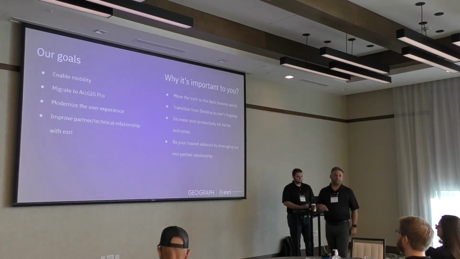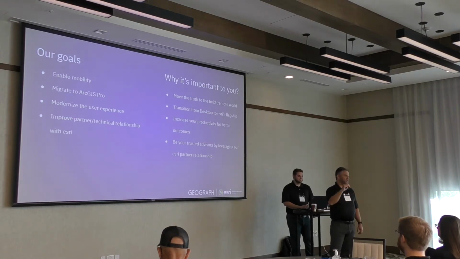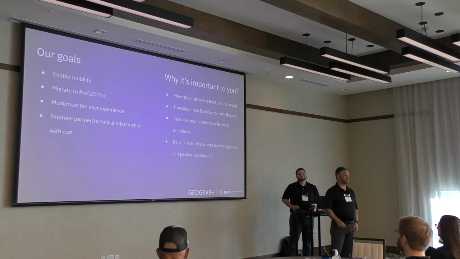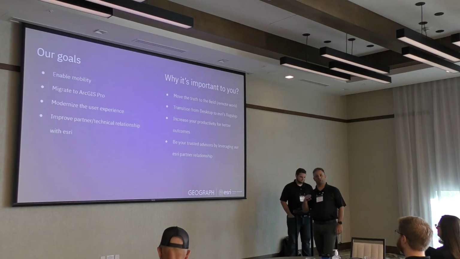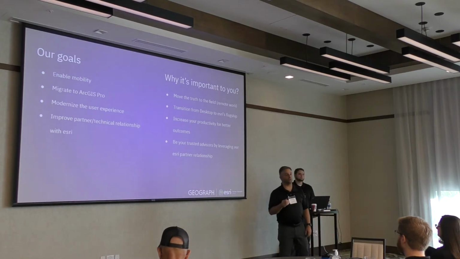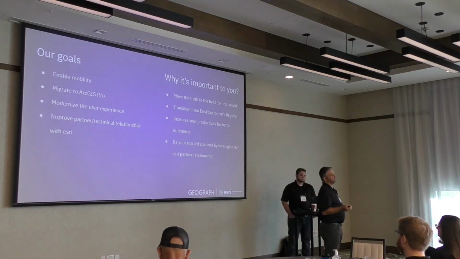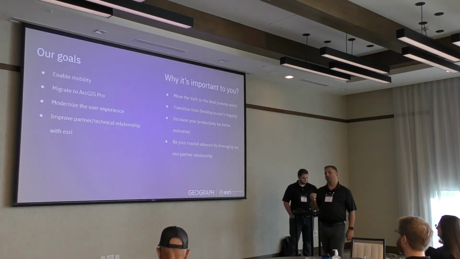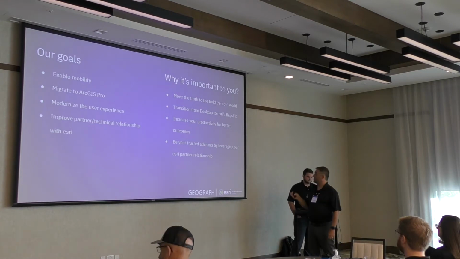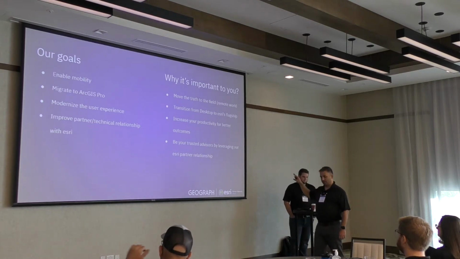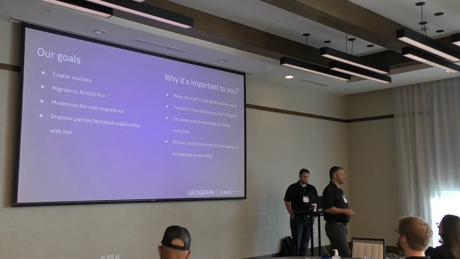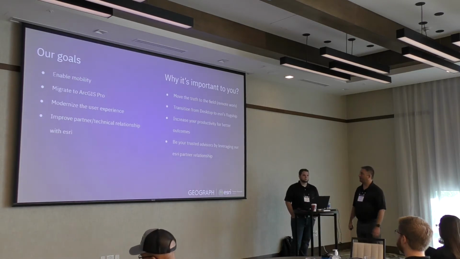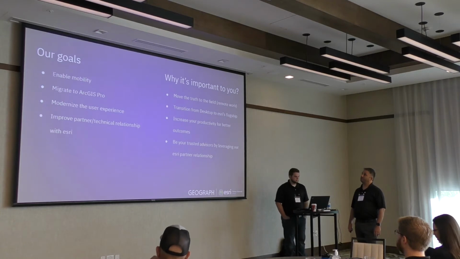We want to increase your productivity. I'll tell you, as we talk about utility network, 27 clicks to connect two strands, that is the opposite direction that we want to go. We want to look at how long things are taking in Crescent Link or in the tools that you're using and try to make them faster, reduce the number of clicks, increase the performance, give you better response times, things like that. So that's important. And ultimately, we want to stay ahead of the game so that we continue to be a trusted relationship. We talked about that a lot in the last portion of the presentation.